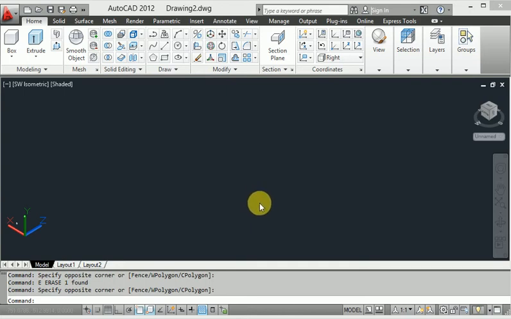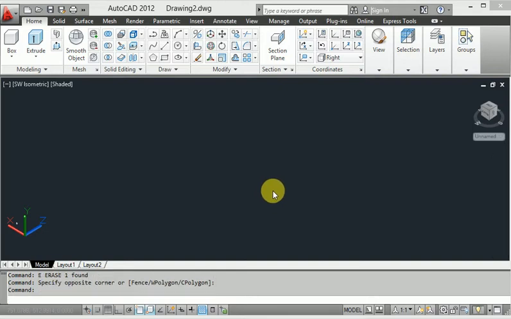Today I will discuss the AutoCAD 3D Align command. Basically, the Align command connects two solid bodies at a particular edge or face, according to our selection. This is called Align.